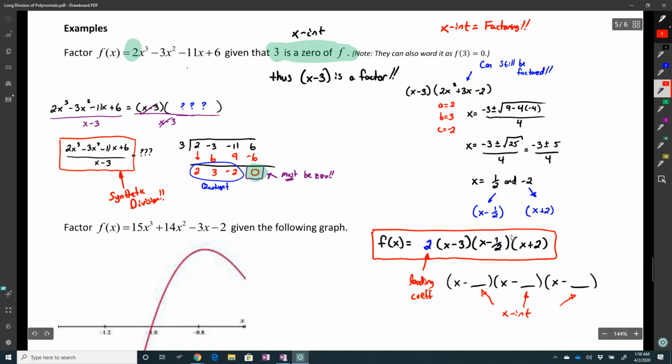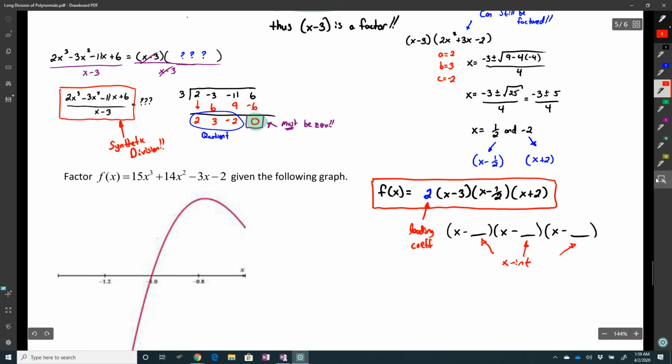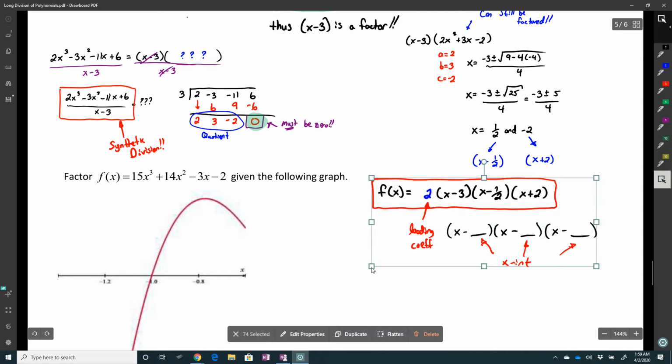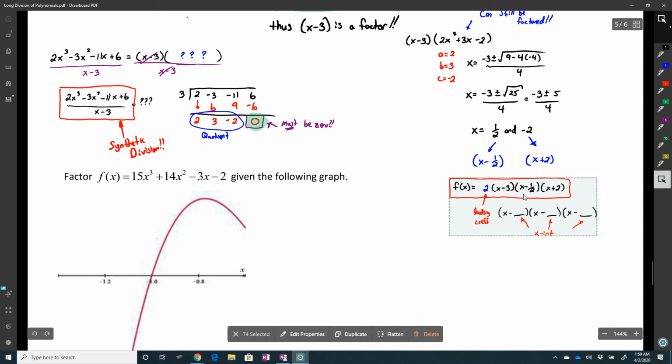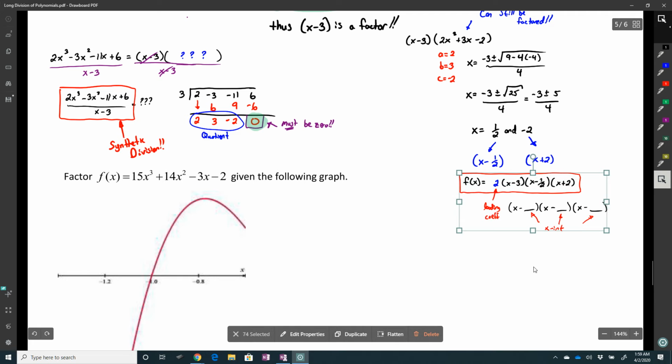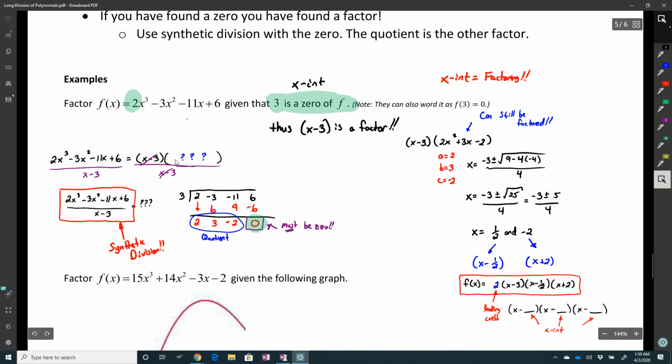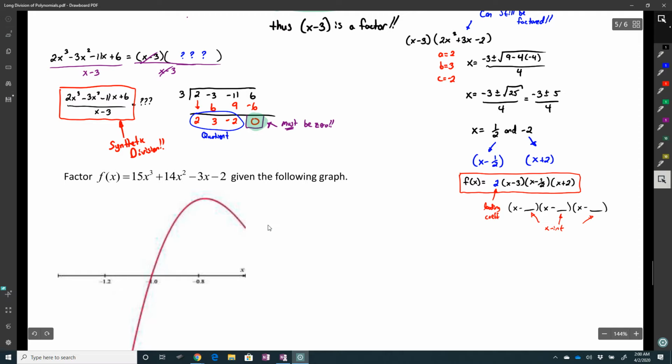Okay, so let's do this next one. Only got 2 more left. This section is very theory heavy, meaning that the math we're doing seems kind of all over the place unless you understand why you're doing it. So please email me if you have any questions. Usually, if I'm in a face-to-face, I have more interaction and I can talk to you a little better. So please email me if you're confused with this. So let's do this next one.